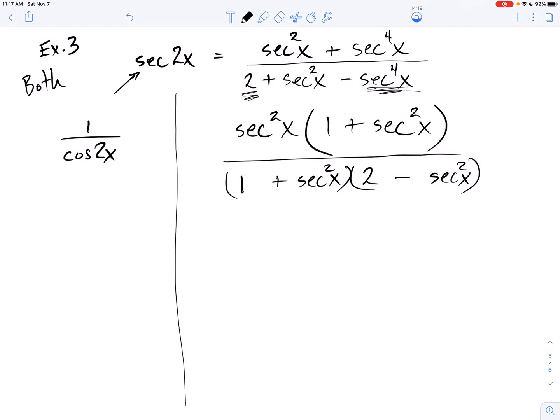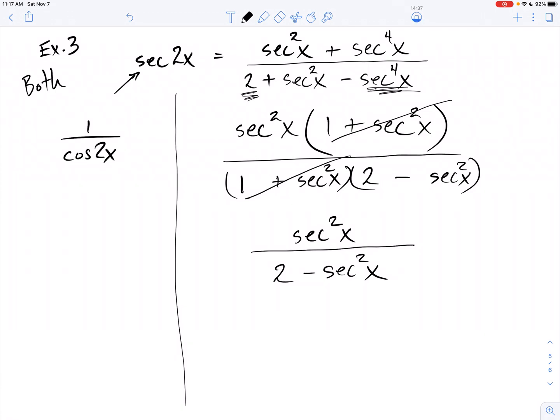And then what do I have in the top? I have secant squared x, and in the bottom, 2 minus secant squared x. And I go, hey, wait a minute. This is starting to look super familiar to me. On this side, I'm going to say this is what I want this to look like. How do I do that? Well, how did I see it that way? Well,